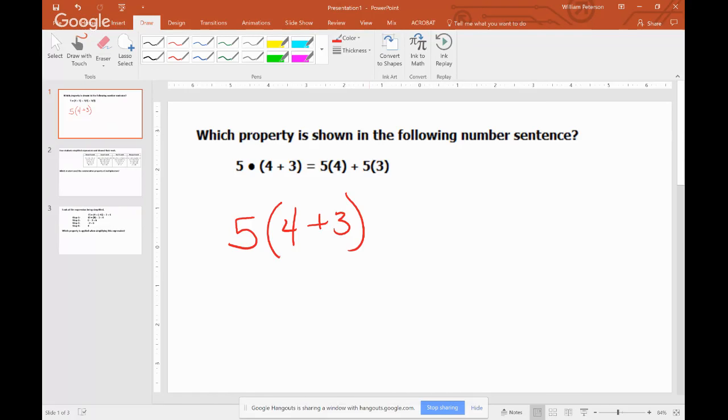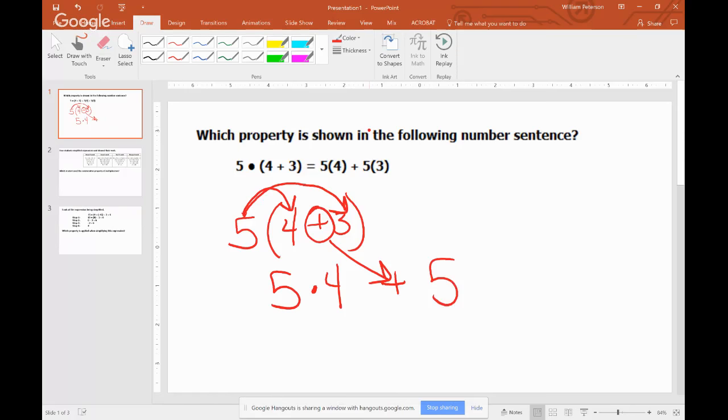And so you can see here, this is actually a way that we're going to write the distributive property. The way that that property looks is that I take 5, and I'm going to distribute it into 4. So I can write that as 5 times 4 plus, keeping the same sign that's in the middle, and then I'm going to distribute one more time. So then I also have 5 times 3.